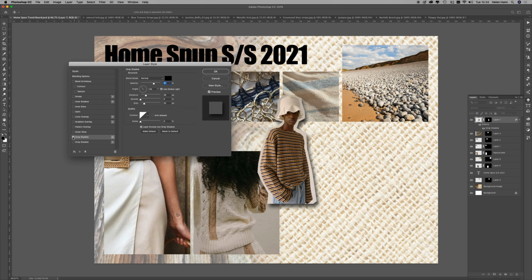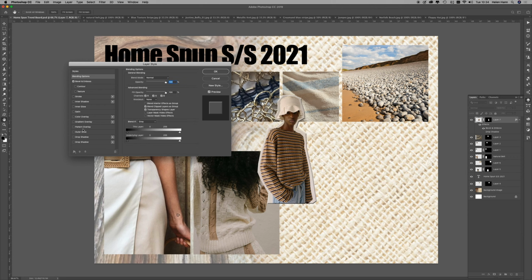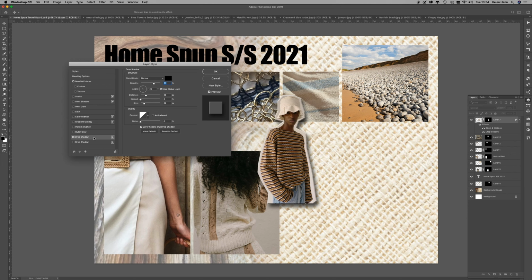Now be careful, if I allowed it to stay as it was for a second, if I go to where it was when we opened up and I just click in the little checkbox, you'll notice it's added a drop shadow, okay, but the controls for it belong to blending options. So please make sure that you choose the options for drop shadow,